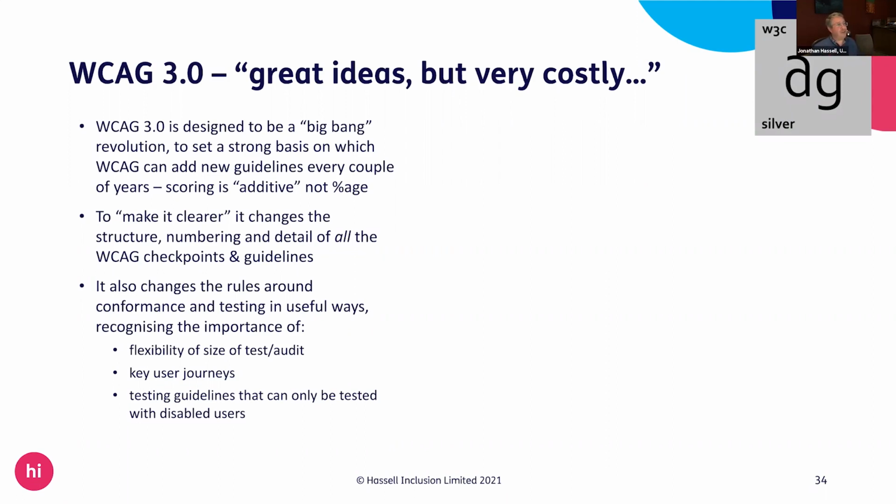So for example, anybody who kind of said, all of that color contrast stuff, it feels a little bit antiquated because all of the research was done 20 years ago when we were talking about offices all of the time. And also, I'm not totally sure it's right. Yeah, you are right. And they've been hiding from that for ages. They are changing everything, which is a great thing if you know nothing about accessibility yet. If you know loads about accessibility, you will be spending loads of time trying to work out what word you should be using for the thing that you've known for years, and what number that is and how it all fits together. They're changing everything, and it's going to be a real problem.